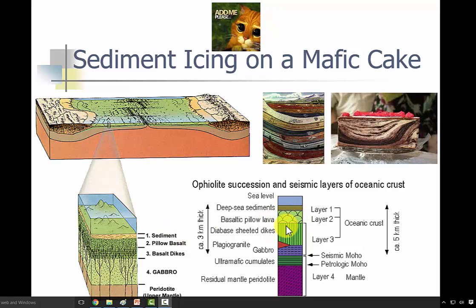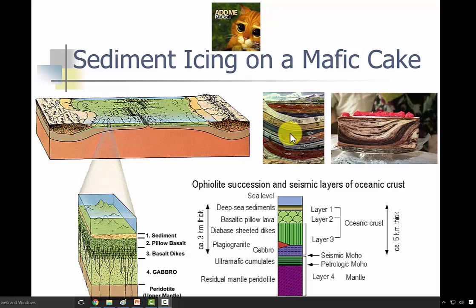Below that, we have this diked basalt material. And then as we go below, we get gabbros and we get ultramafic accumulations, and then we go down and get even more ultramafic, more mantle-like material. And you can see this is about 0.5 kilometers thick. But anyway, this is the ophiolite type material, so it's mostly a mafic floor that's got a sediment icing on